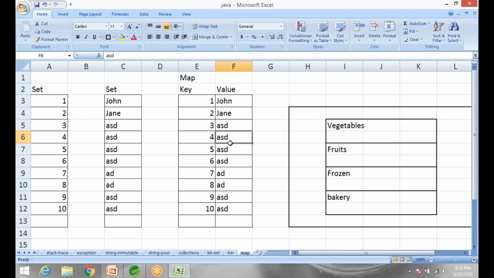Now if I ask you to look for mangoes, where would you start looking? When you enter the grocery store and I ask you to look for mangoes,